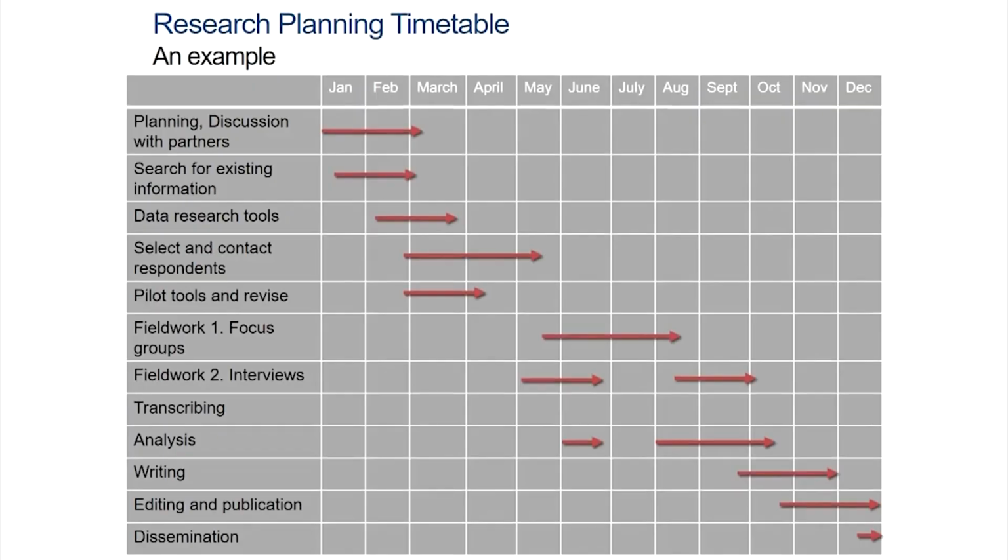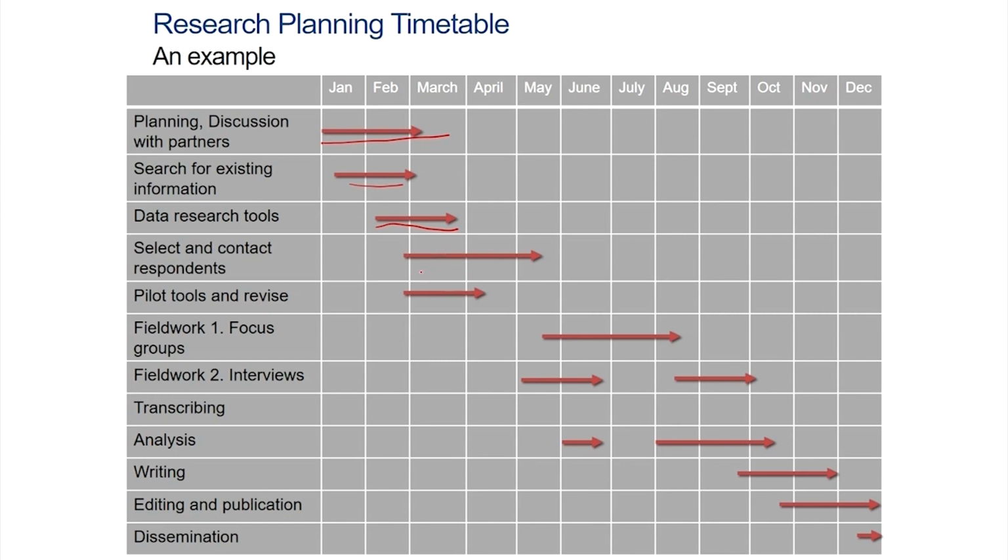Now you would see that there are often various items that cut across time, and many of these things have to be carried out simultaneously. For example, if you see here in this timeline between January and December, while we are planning with partners, the search for existing information has already started. Somewhere after about a month and a half, data research tools reviewing has also started. So this is something that is carried out more or less simultaneously,